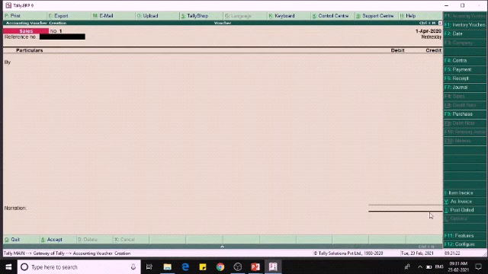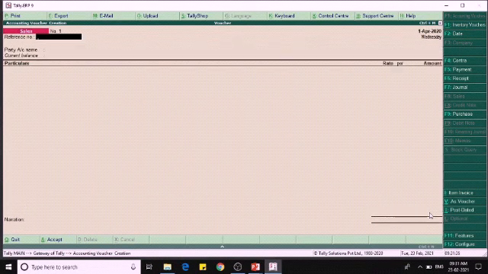Now let us go to accounting vouchers, and now the sales is in voucher mode. For changing this we have to give Control plus V. So like what you are seeing, this is the invoice mode. So this is what the entry pattern will be: the party account, the inventory details and the sales details, and then taxes if any. So like this we have to enter.